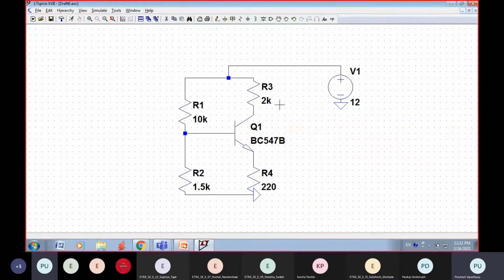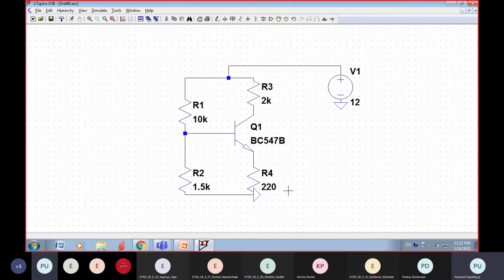This is a favorite transistor for all of the engineering institutes. Okay, they use BC547. So I must also connect capacitors. Coupling capacitors at the input, a coupling capacitor at the output, and the bypass capacitor. So can anybody tell me soon, what is the function of the bypass capacitor or coupling capacitor? Can anybody tell?